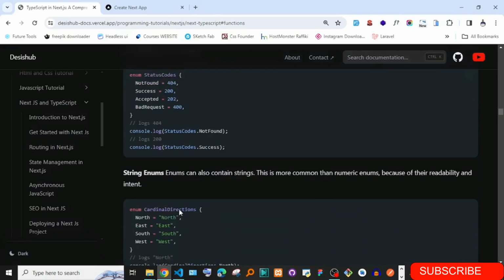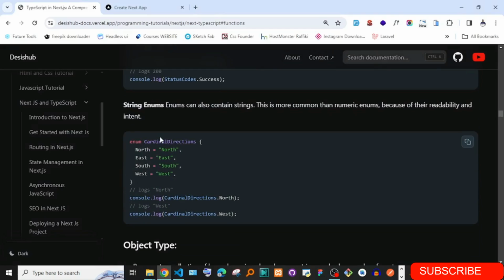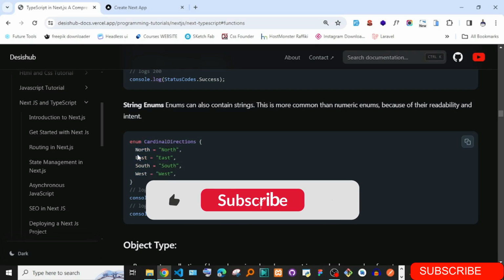So these are the enums. You can also go ahead and store strings, not necessarily numbers. How I look at enums is like a way of storing values, but not in the object way, because this looks like an object, but this one is just like that. You don't have so many methods. You simply can store values just like this.